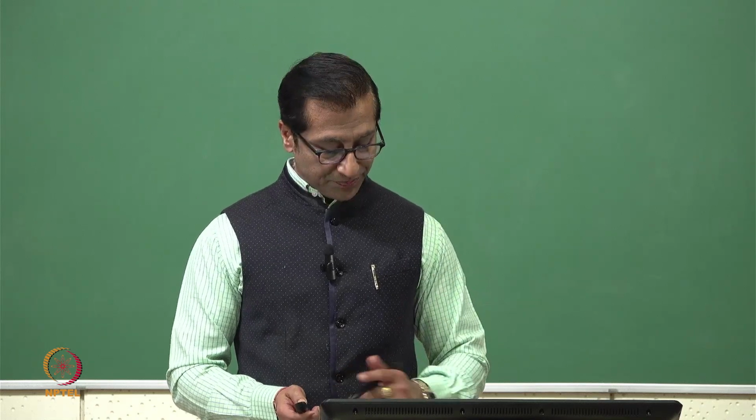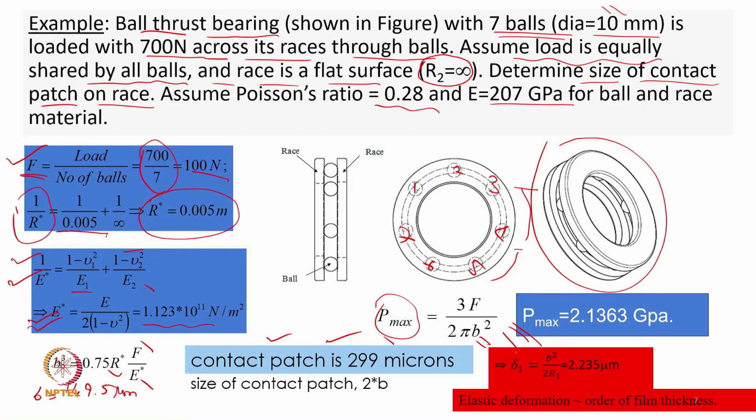That's very important. Another one, what will be the delta 1, which we assume is almost negligible compared to the radius, and that is coming out to be 2.235 micron. So here the radius is 5 mm. You can see here delta 1 is something like